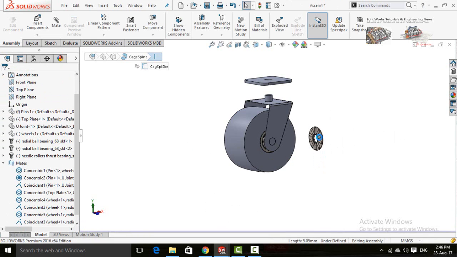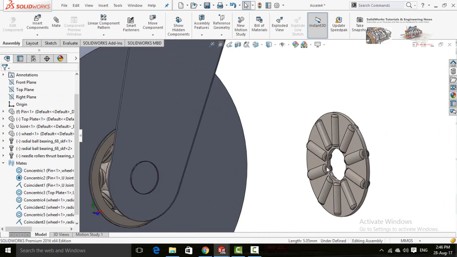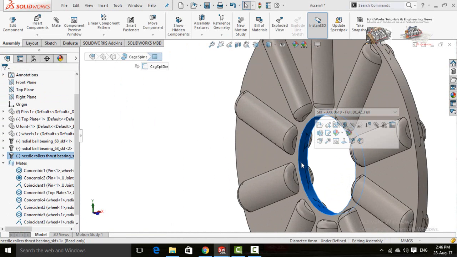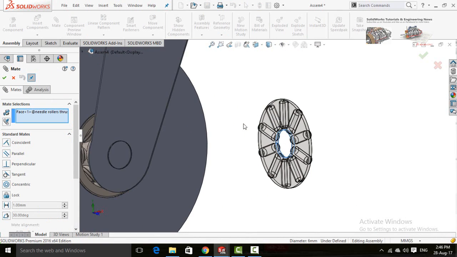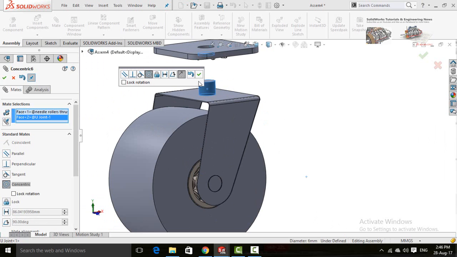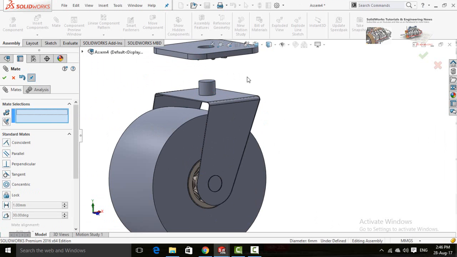Delete this extra bearing. So for now, click on the bore of bearing and select mate. Now click on the cylindrical face, press OK button.